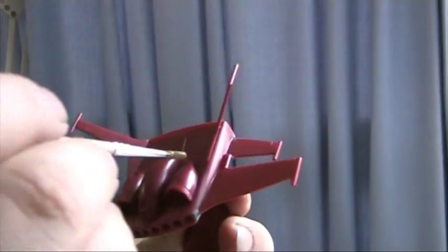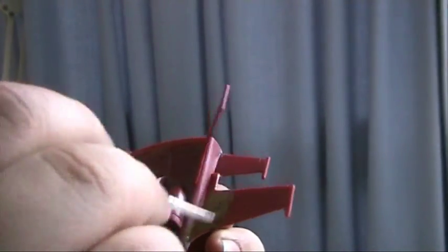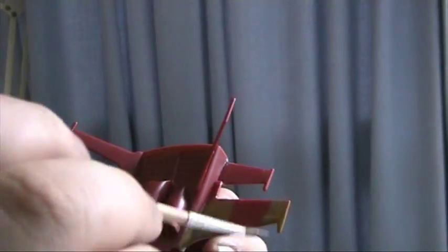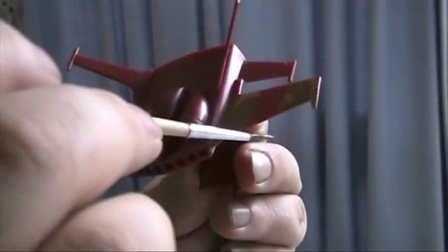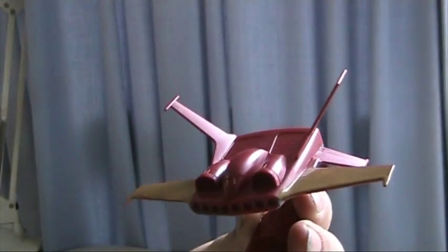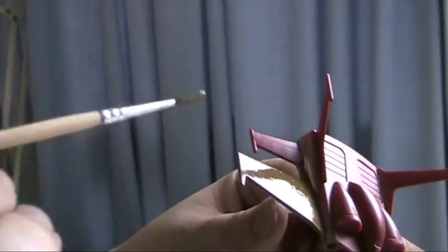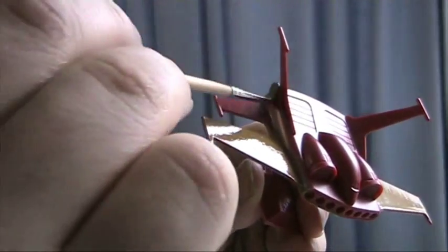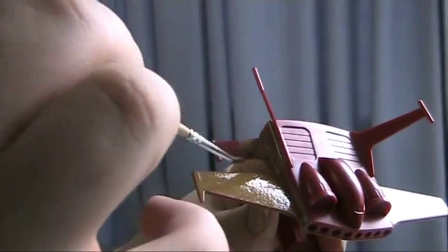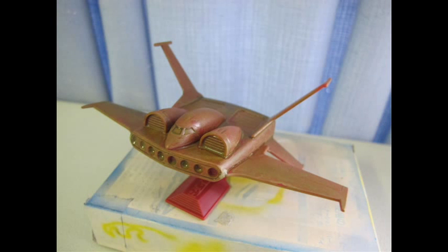Now, the trick to getting a really even and fantastic painting job each time is care of your brushes. In between coats, make sure to clean it out thoroughly under running water or turpentine lacquer thinner, dry with tissue and store flat down or bristles facing up. You want the colour to be completely consistent and